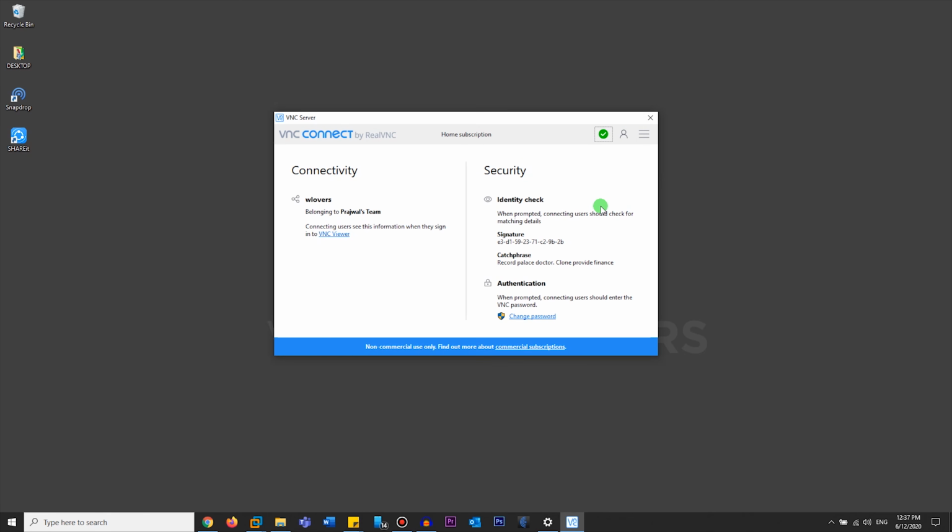First thing. Second thing is this free version of VNC, and almost all the VNC versions do not support wake up on LAN, meaning your computer has to be up and running and cannot be on sleep mode or hibernating or even turned off if you would like to remotely connect to this computer. So you got to make sure that you change your power settings and make sure that this computer doesn't go to sleep at all times for you to be able to connect to it anytime you prefer. The other applications like TeamViewer, and there's other applications that support this feature. Unfortunately, VNC does not as of yet.